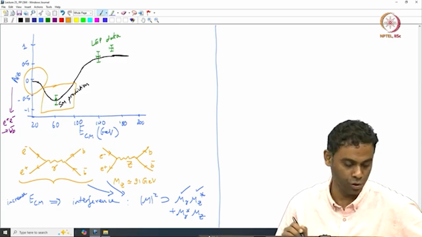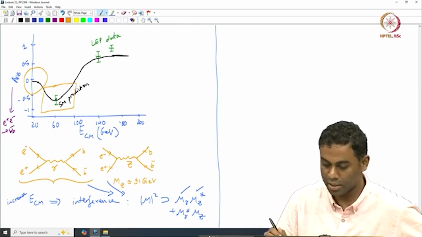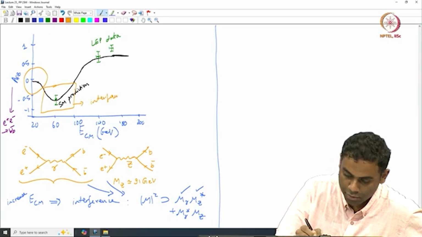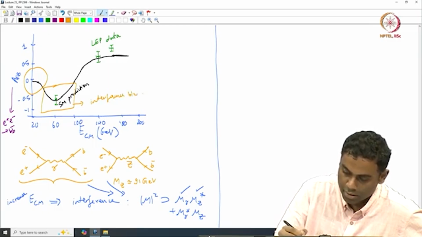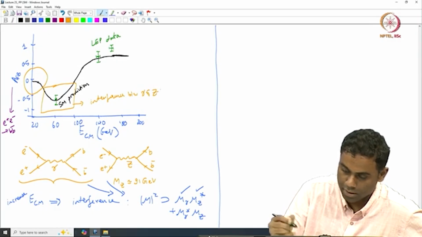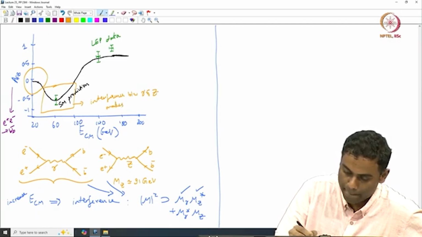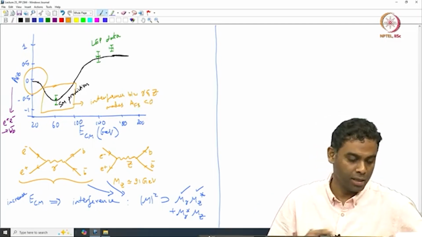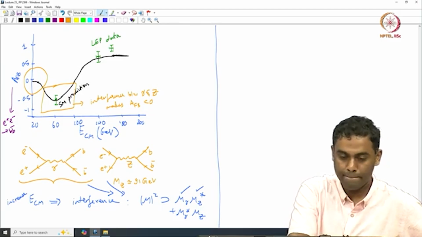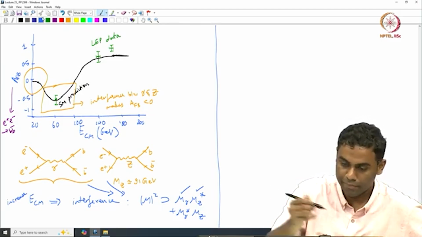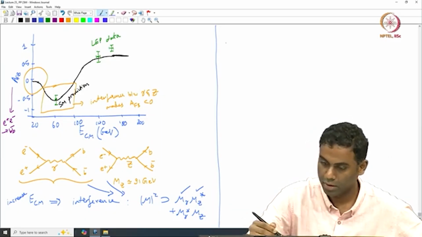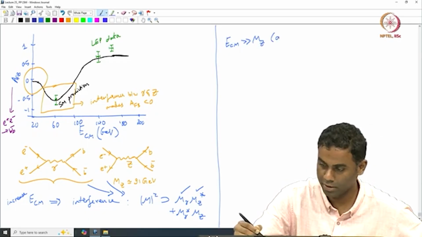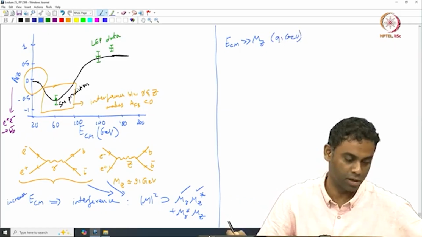Okay, and it so happens that this interference between the gamma and the Z makes the forward backward asymmetry negative. Okay. Then why does it turn back to some positive value? That's because if my center of mass energy gets to be much larger than the Z mass, which is around 91 GeV, right,